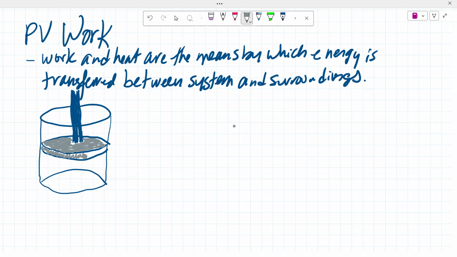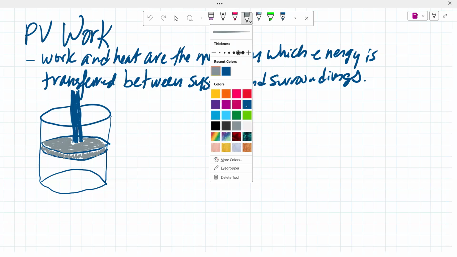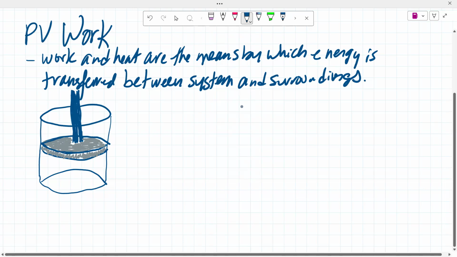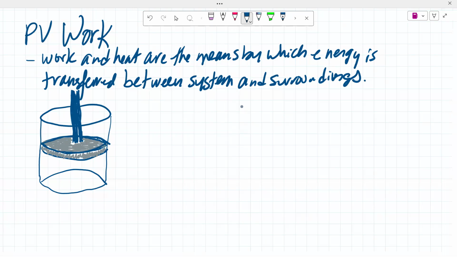So here is our piston setup. I probably will not be drawing it quite so precisely every time, but I want to give you a sense of what a piston looks like, and how you can draw pistons. Oh wait, I can do the undo. I learned about undo. Okay, here we go.